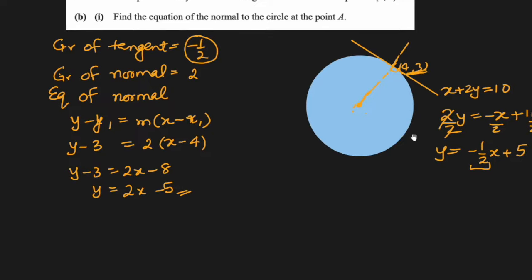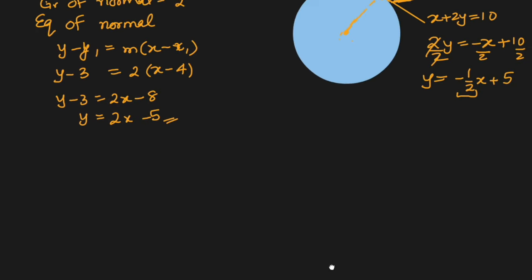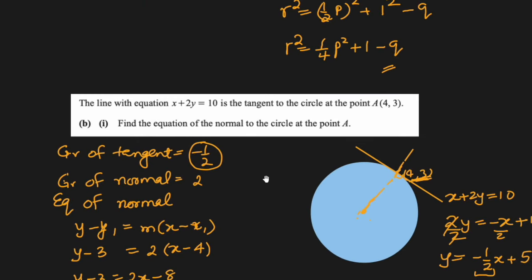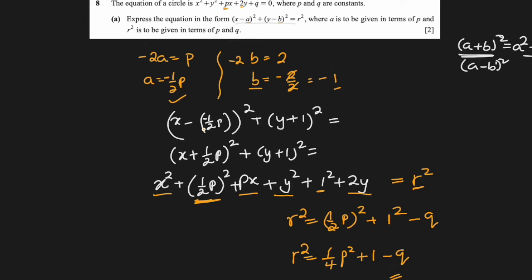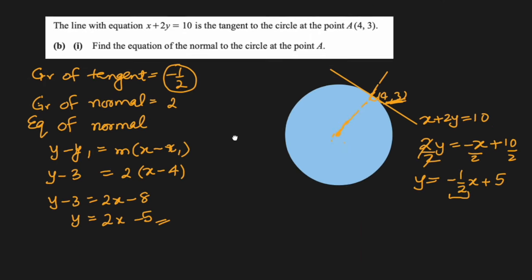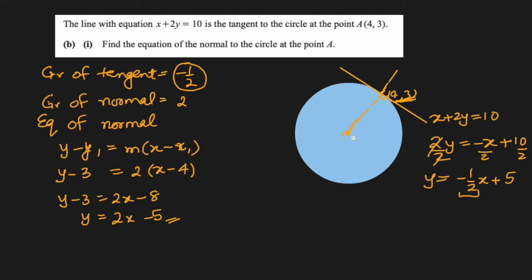Okay, so what next? Find the values of P and Q now. So we can find the values of P and Q. We know P first, P was A. So somehow, if we find the coordinates of the center, we'll easily find P and Q. So let's assume that the coordinates of the center are M and N. Since M and N lie on this normal, we can substitute M and N in this one. So N is equal to 2M